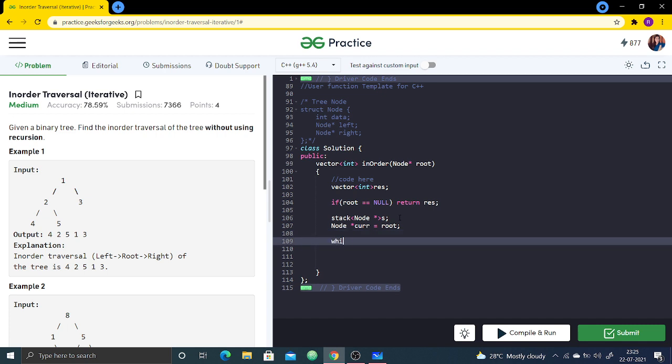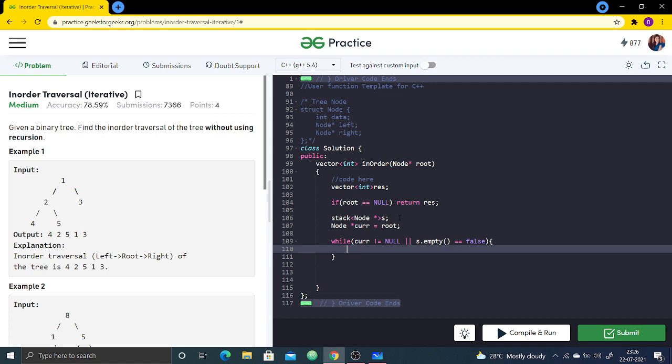Now while my current is not null or the stack is not empty, that is, my current has a value or the stack has items. There is an or condition because either condition would be fine to go with.